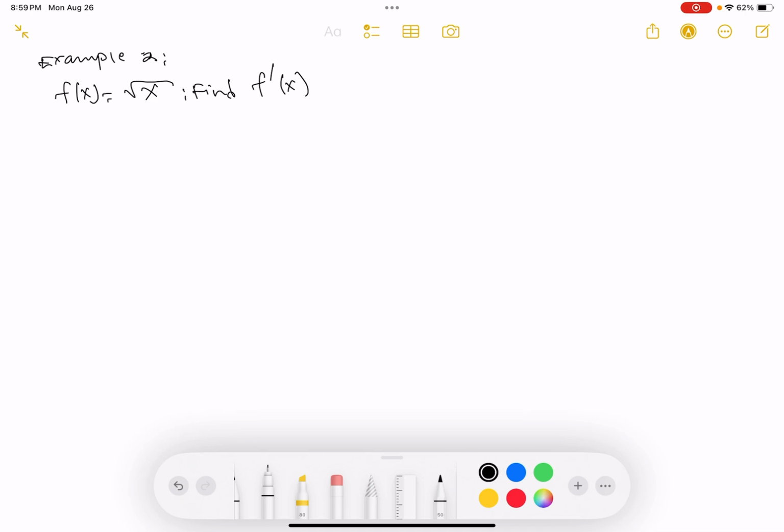So finding the derivative of this using first principles, we will follow through and do the same thing that we did in the previous example. So we will say f prime of x is equal to the limit, remember, of the function of x plus h minus f of x over h as h tends to 0, right? So in this particular case, this is the same as square root of x plus h minus the initial function, root of x,